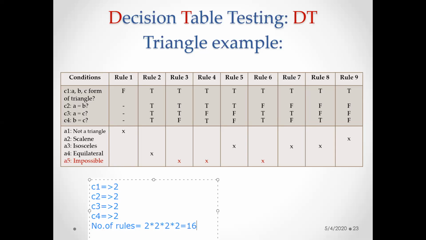But unfortunately, with respect to your first rule, whatever you have taken, that is, A, B, C cannot form a triangle, you are reducing the entire rule availability to somewhat 8 or 9 cases. 9 rules is more than enough. Why? Because of this particular reduction. If all the entries are there, it will be 1.